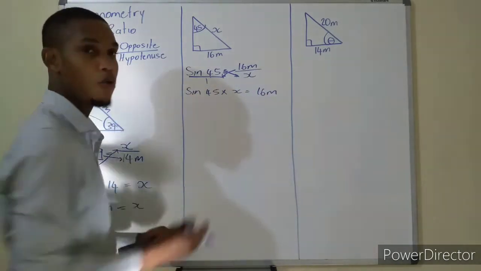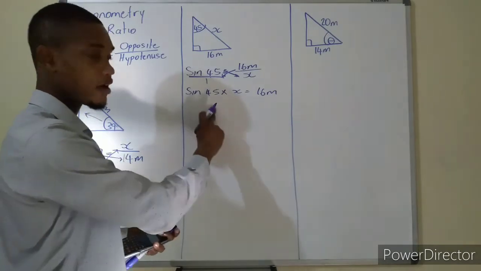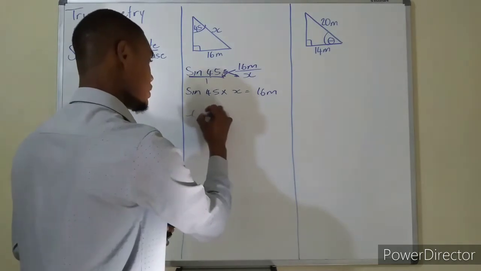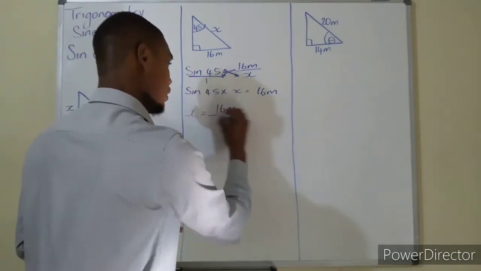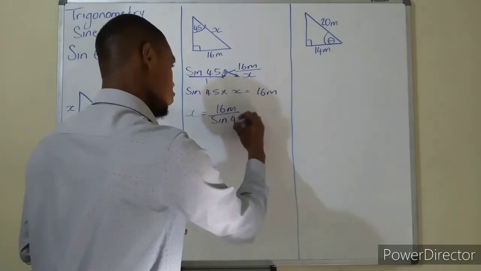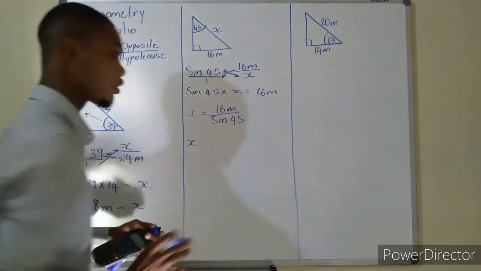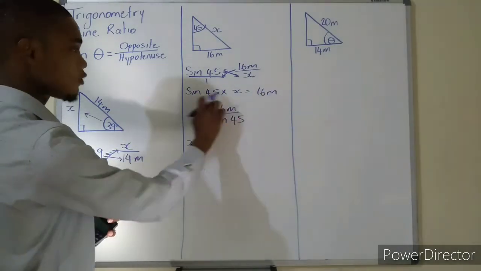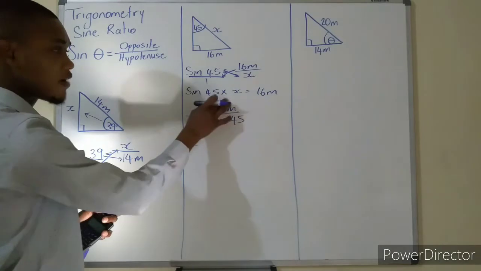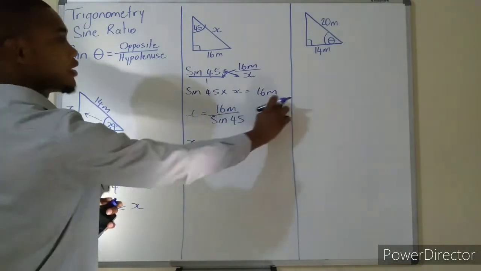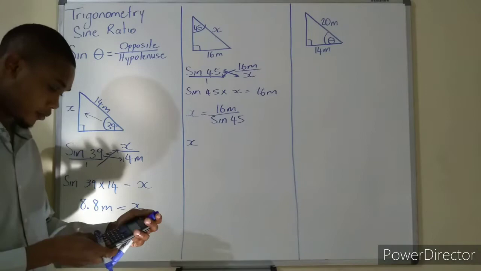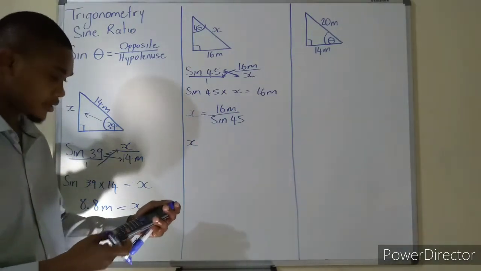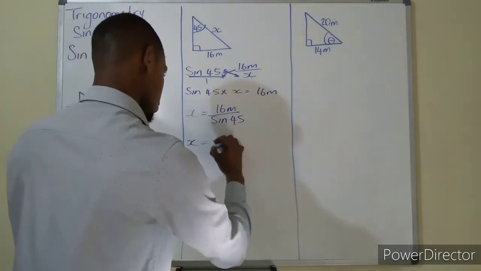So you technically divide both sides by the same sine 45, or whatever the angle is, to get your variable by itself. So x will be equal to 16 meters divided by sine 45. You get this by dividing both sides by sine 45. On this side, being divided, it will take out the sine 45s, and 16 divided by sine 45 there. Now 16 divided by sine 45, you put that on your calculator, and that is equal to